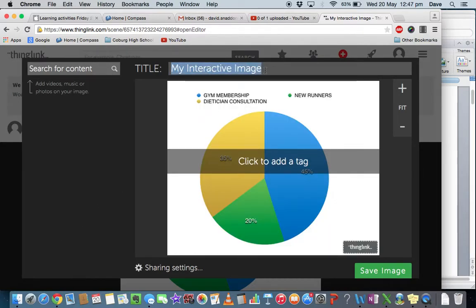and I can rename it: how I will spend my $1,000. So in the previous video we went through the process of creating this graph on Numbers, and it's a very simple version. I'm hoping yours will have more detail. It's a very simple version of how I would spend $1,000 to make sure that I didn't develop chronic or lifestyle diseases. Okay, so what we can do with this ThingLink is that we can click and add tags, and